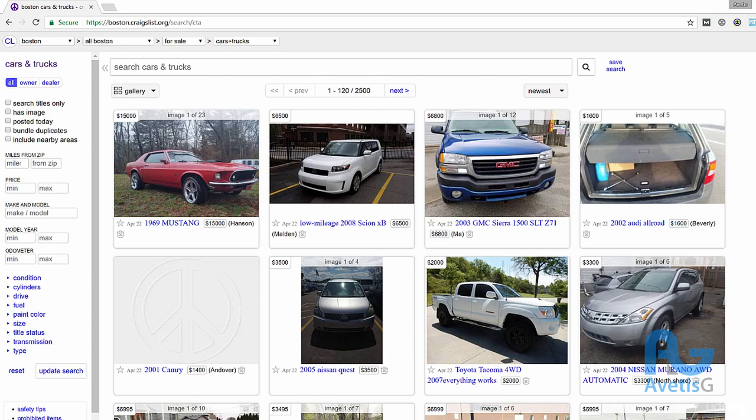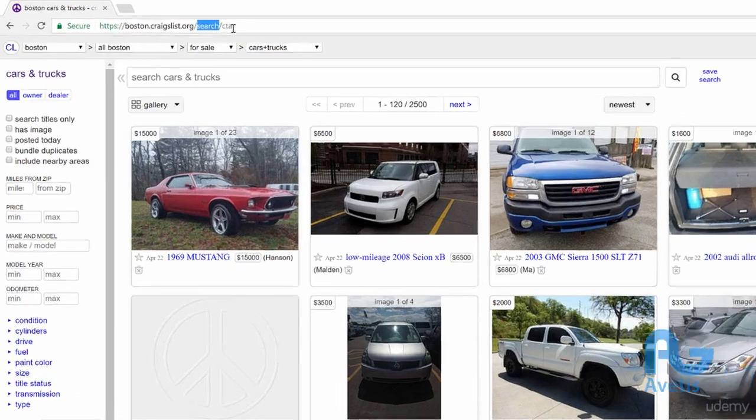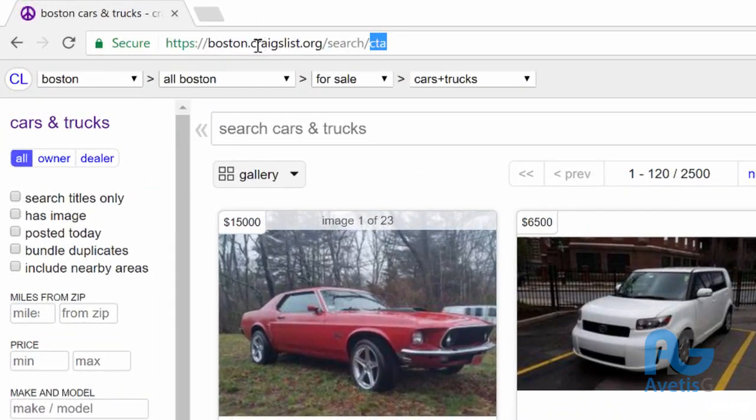So it is time for us to go ahead and write the program that will take the builders, the scraper, and put it all together. But before that, I wanted to take a look at a Craigslist listing. So it is for the city of Boston, and you see there's the search method, and then you have your category. So we are going to have to create this link, so to speak,